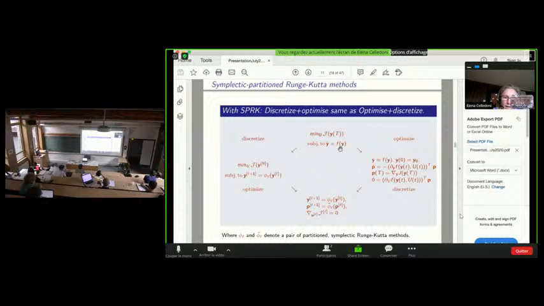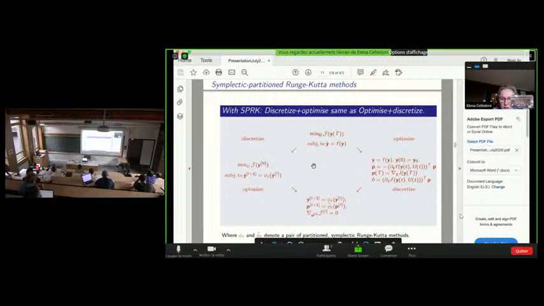Suppose you have an optimal control problem on top here, and you optimize, so you derive first order optimality conditions, then you obtain this nice Hamiltonian boundary value problem. Suppose then you discretize this system with the symplectic partitioned Runge-Kutta method, then what you obtain is the same as if you had discretized your optimal control problem by the first of the two Runge-Kutta methods, phi L here, and then you had optimized.